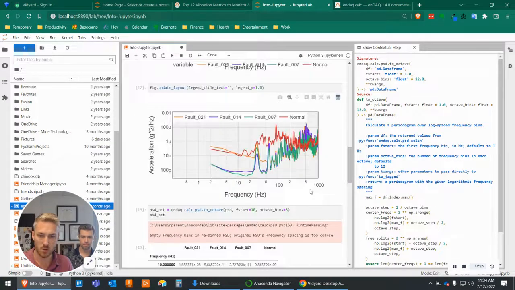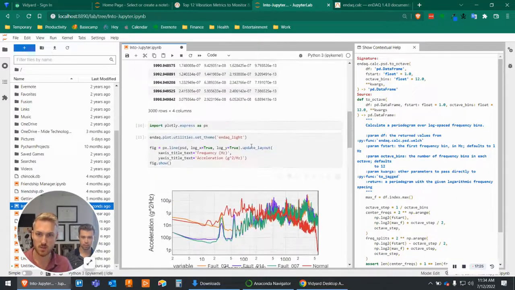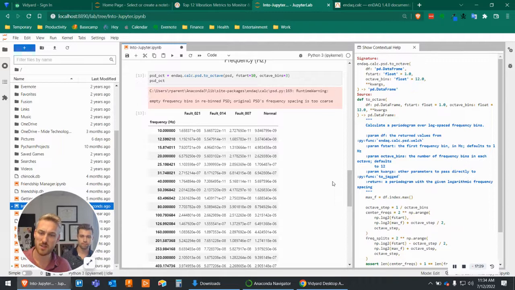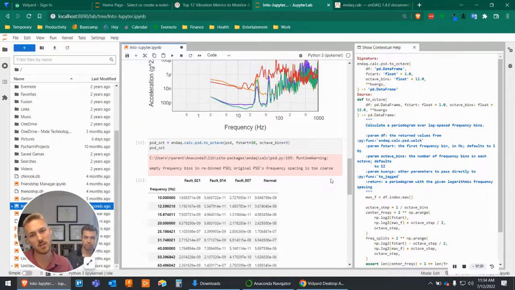Good. Now we are going to plot this. What's that error sign? Yeah, it doesn't like when I convert it to octave. Some of the octave bins were so narrow